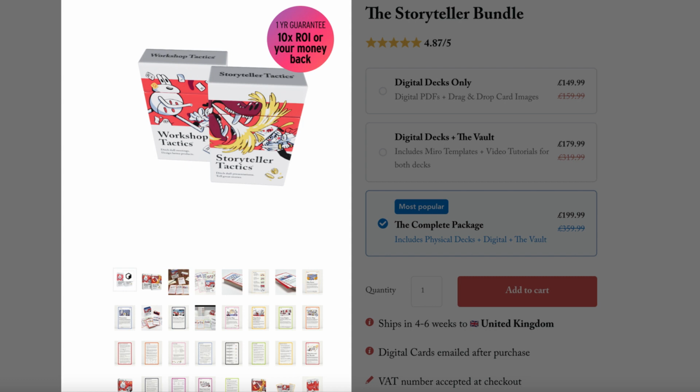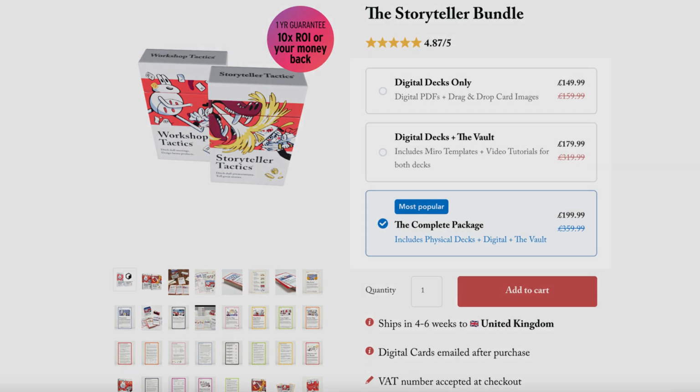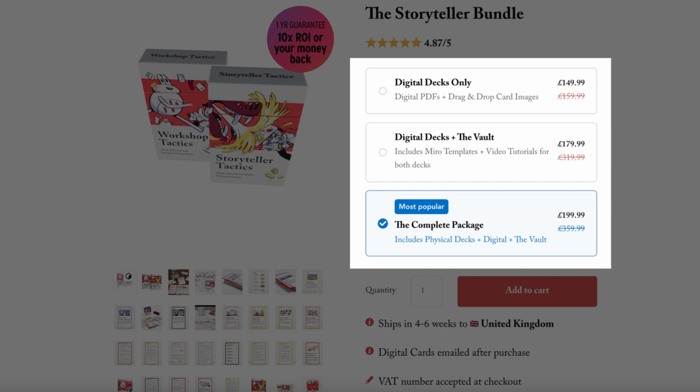I've never seen it for a product like this one before. The pricing is also very clever. £149.99 is a digital download only, and £179.99 is a digital DEX and the vault, but the actual physical product